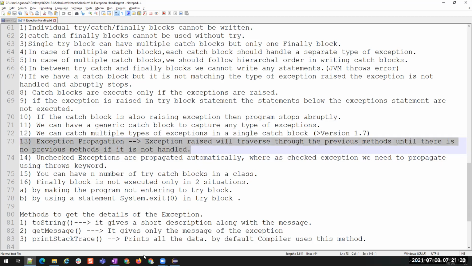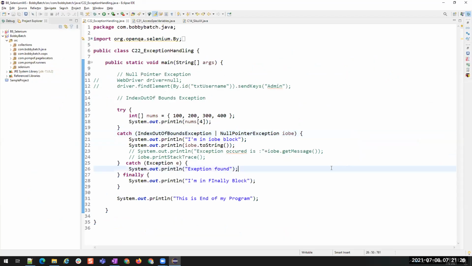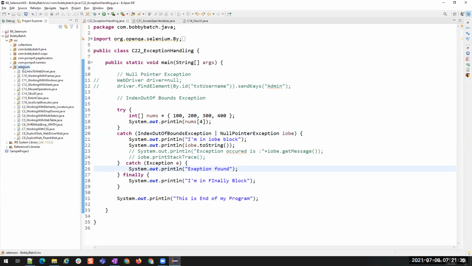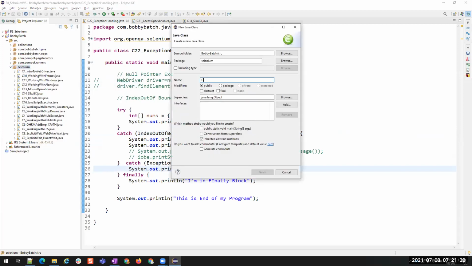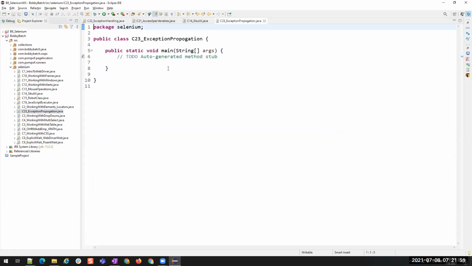So let me show you an example of exception propagation. I'll create a separate class here, Selenium. I need a main method. Here I'm going to write some code.